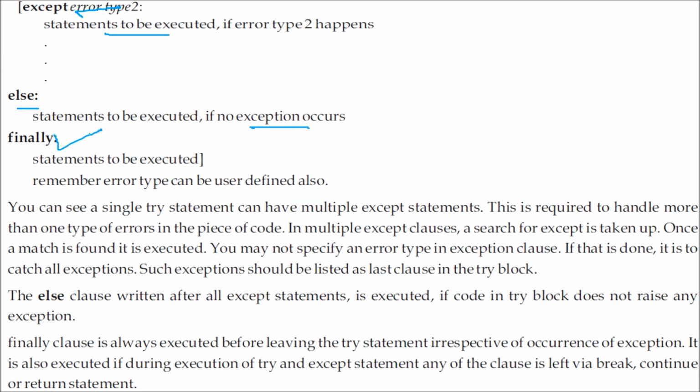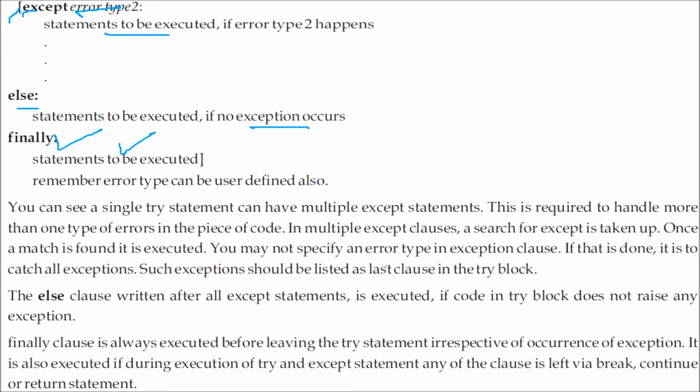Then you say finally. This is the last one. These are statements to be executed, and you must remember the error type can be user defined also. So you can see a single try statement can have multiple except statements, and this may be required if you want to handle more than one type of error in a single piece of code.